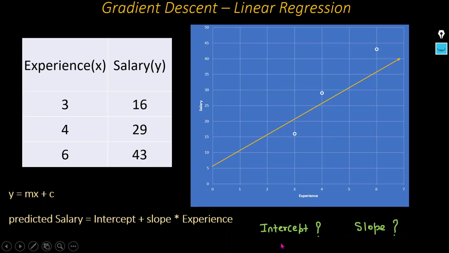So I have to calculate the intercept and slope, right? If I know the intercept and slope for this best fit line, then we can predict the salary. So we have to first calculate the intercept and slope.